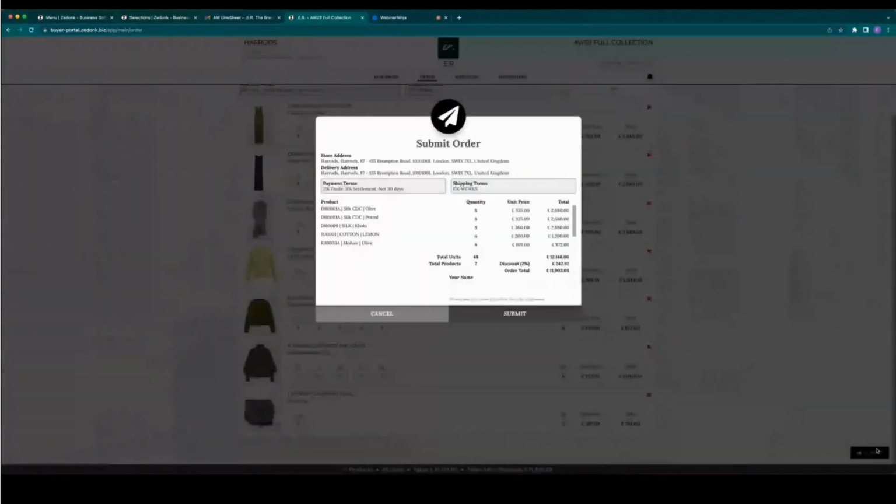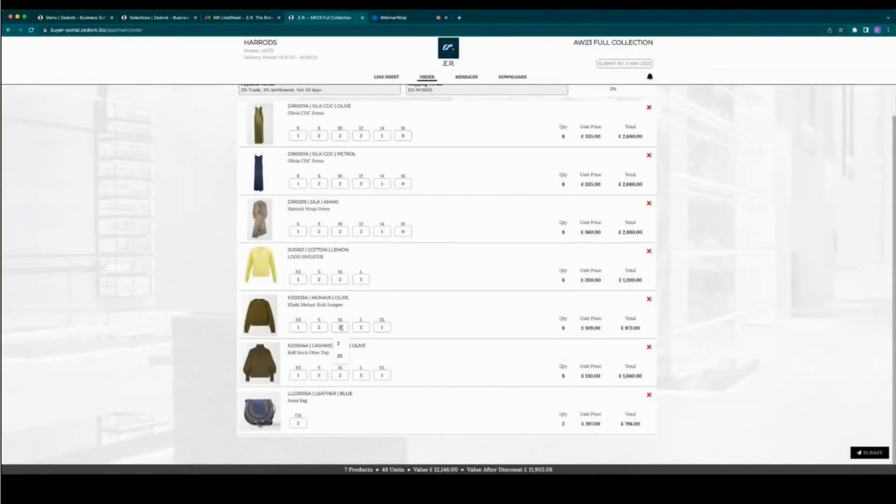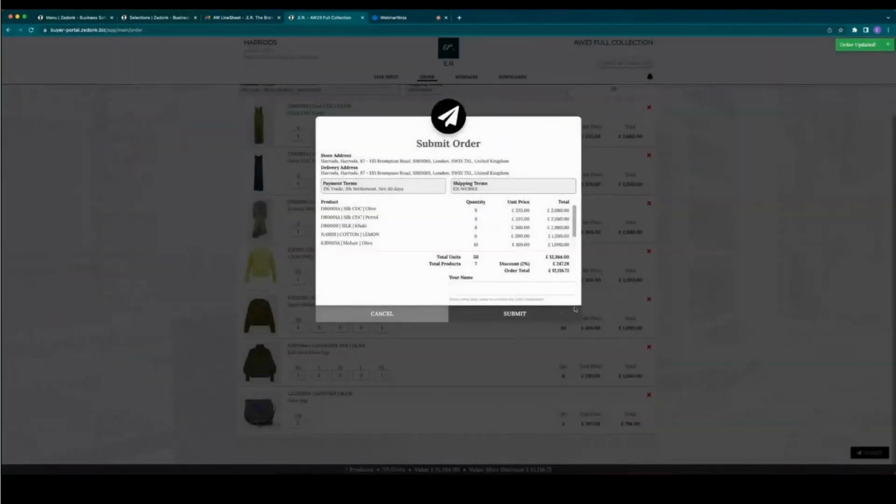So at the point of pressing submit, you get this little pop-up here. And what this does is it breaks down all of the products, all of the quantities ordered, the prices and the totals. Now, perhaps something looks wrong. Maybe it's over or under their OTB, or they realize that they missed a style. They can quite simply come out of here and maybe look to increase the units. And then again, let's say they are finally happy with the order.